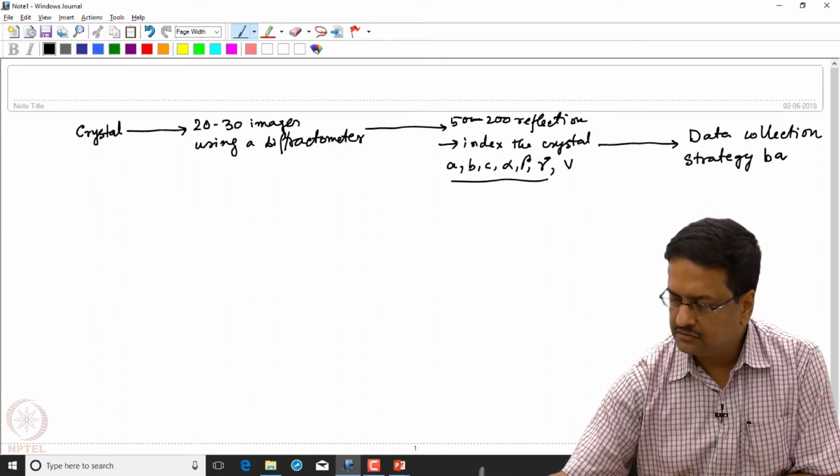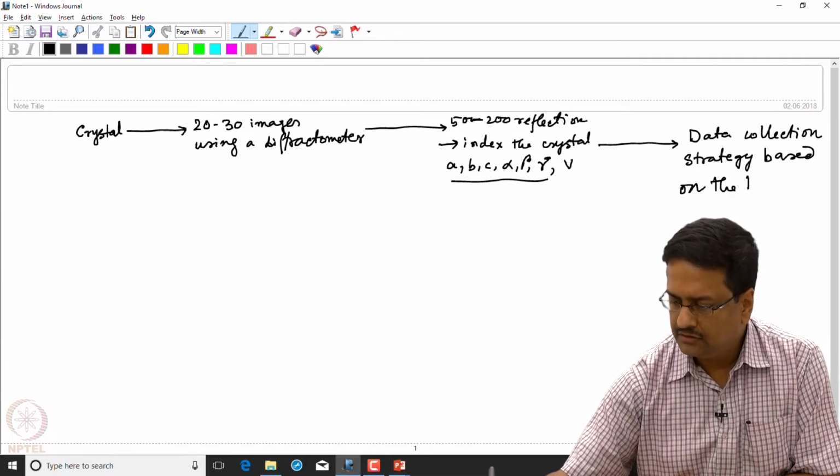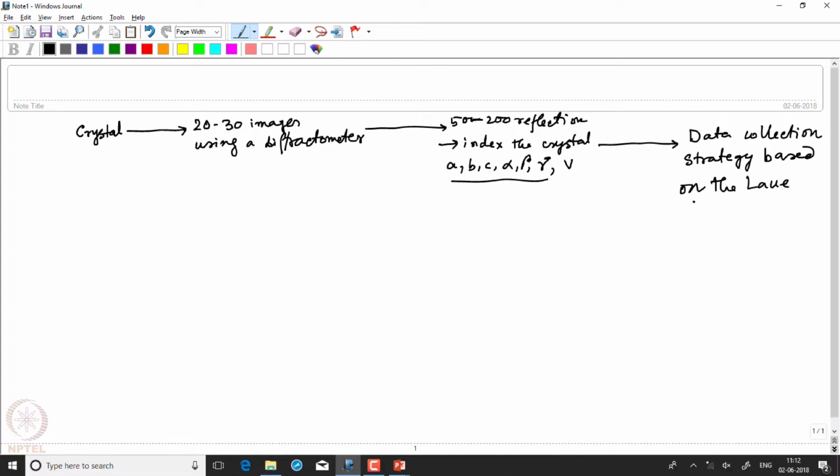Based on the law of asymmetry of the lattice or of the crystal system. So then we collected data